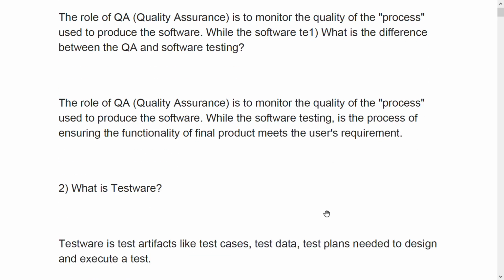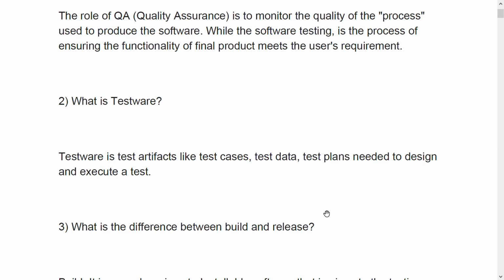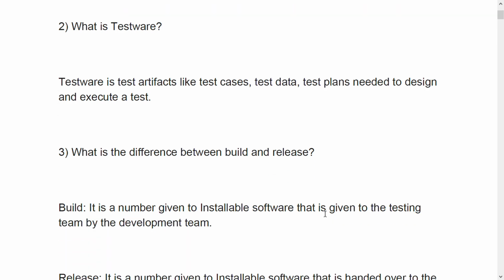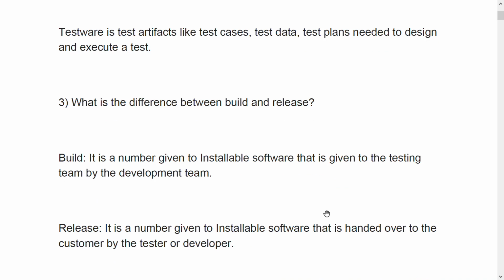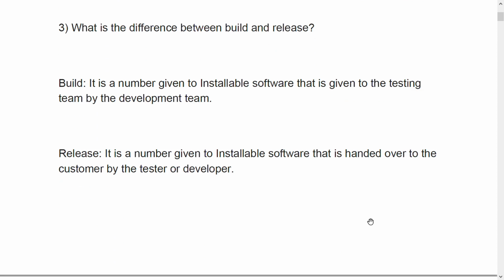And what is testware? Testware is artifacts like test cases, test data, and test plans needed to design and execute a test. What is the difference between a build and a release? A build is a number given to an installable software. It is given to the testing team by the development team. A release is a number given to installable software that is handed over to the customer by the tester or